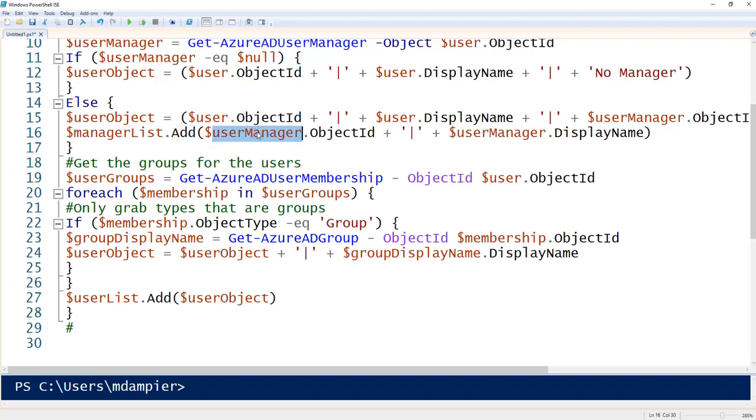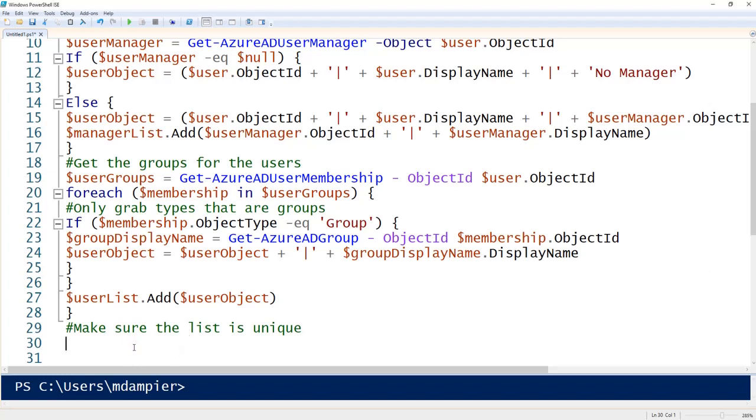Well, most of these users might have very similar managers, so this list is really going to have redundant copies of those managers. So the first thing we need to do is make sure the list is unique. Pretty simple to do within PowerShell. In fact, it's just a simple command we can run after the fact or while we're doing our